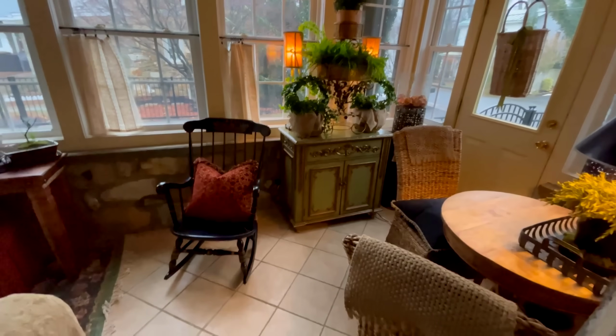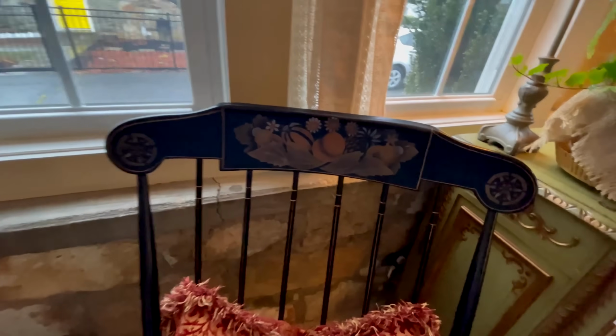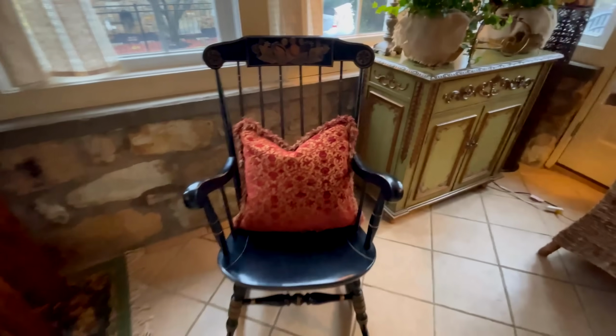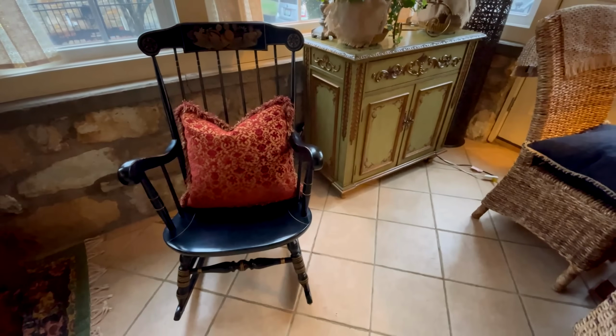So I placed my rocking chair back here in the sunroom. This was a Facebook Marketplace find. It's a Hitchcock chair, a rocking chair, and it is a lower one. And I like that because it keeps you at the same height as the others that are sitting over on the love seat. And the pillow was one of my custom-made pillows that I had put together from Hanson's Furniture